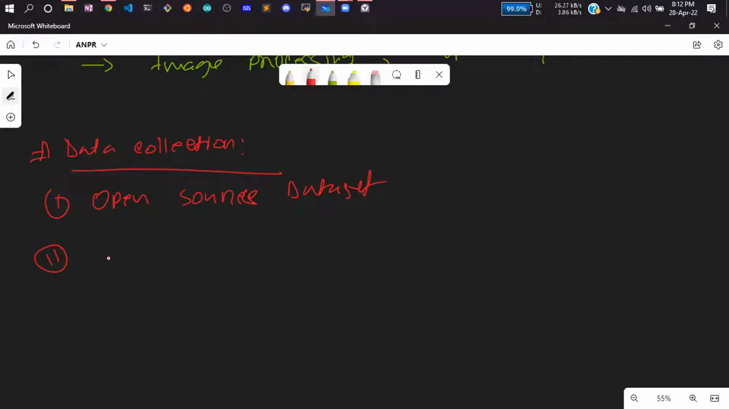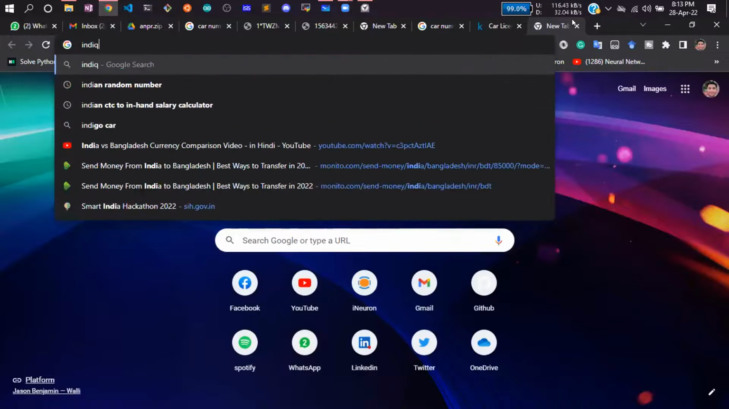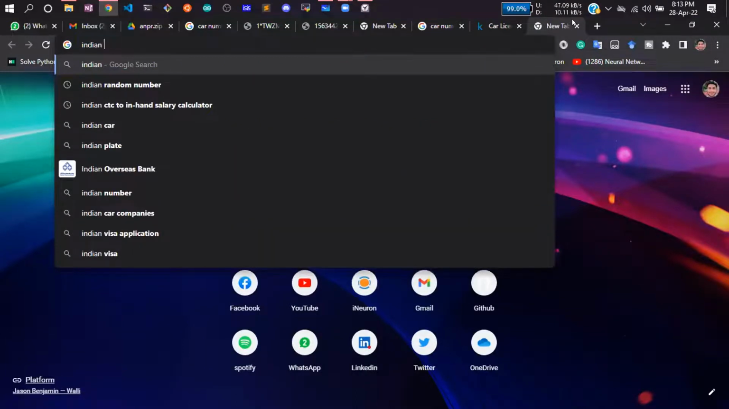Now, if you don't have an open source data set, what you can do is perform a scraping operation. Image scraping you can do. So how to do image scraping? You can scrape Indian vehicles number plate. That is the keyword you can use. So if I search here, Indian vehicles